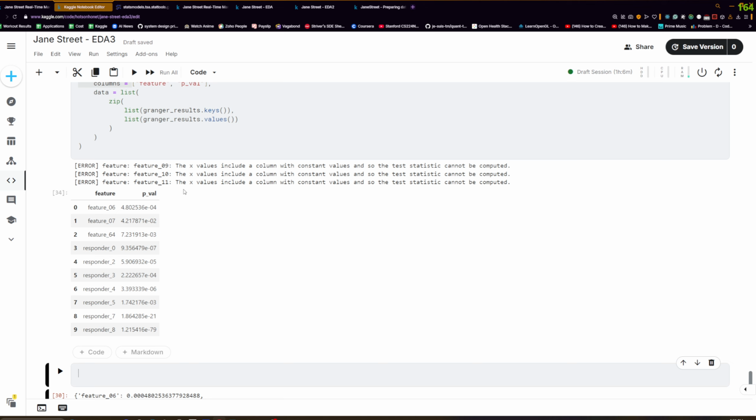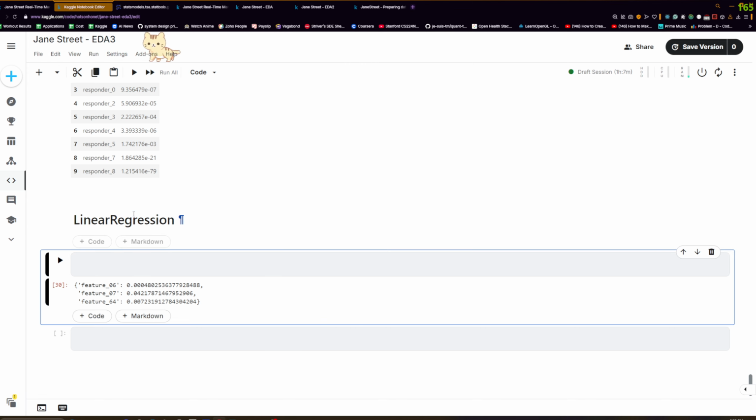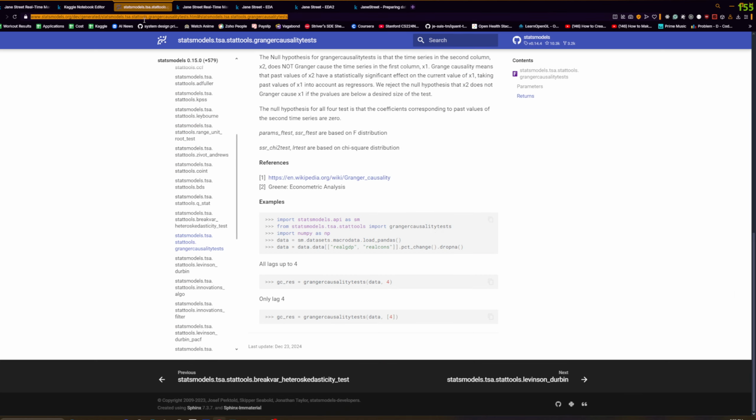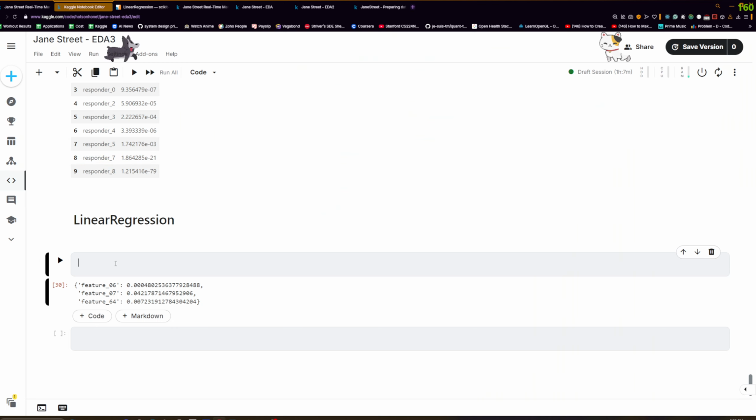But in order to catch those features, we can try putting a linear regression over responder 6 considering all the features, and we can check out their coefficients. Okay, so let's try fitting. Let's call it linear regression. I forgot how to do linear regression. Okay, sklearn linear regression. So from sklearn linear model, import linear